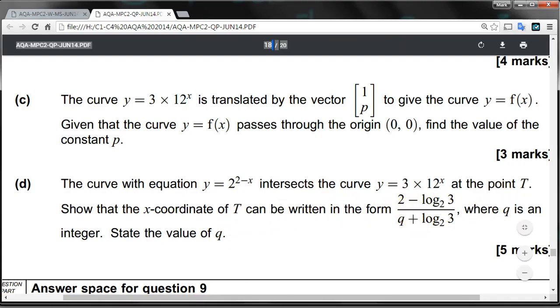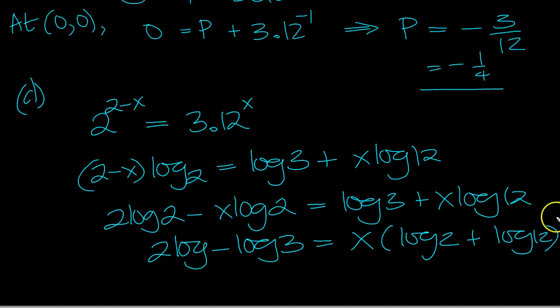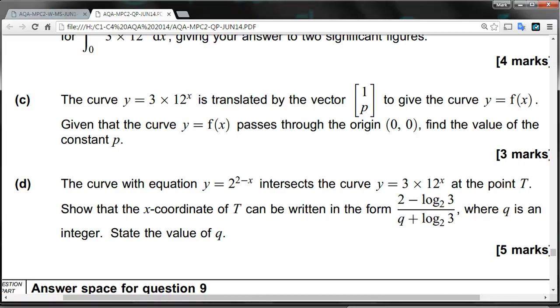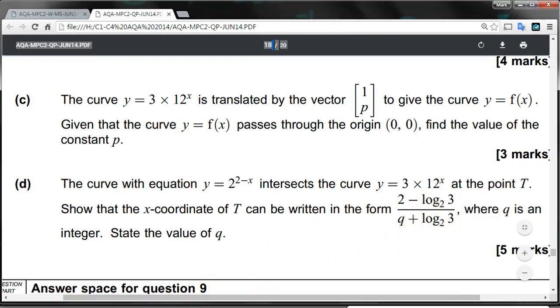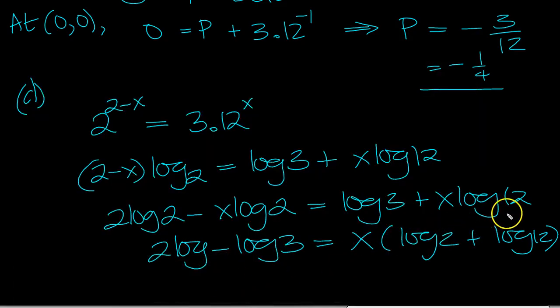Let's just have a look at the paper. Okay, 2 minus log, log base 2. Okay, they've done log base 2. That's interesting. So I have to use log base 2. So this log can be to any base. So let's have a look again. Log 2 of 3 and log 2 of 3. Okay. So X is equal to then 2 log 2 of 2 is 1, so X will equal 2 minus log 2 of 3